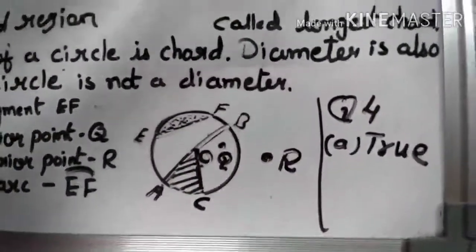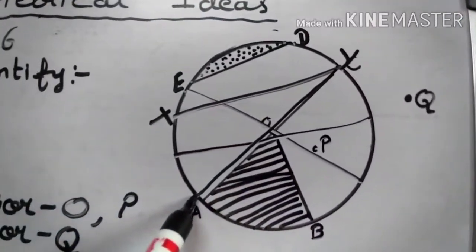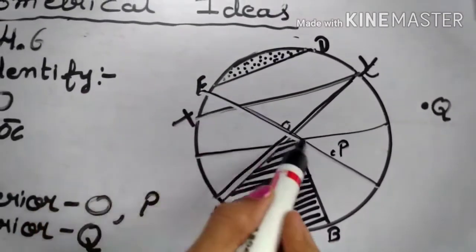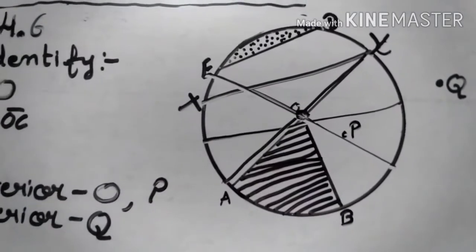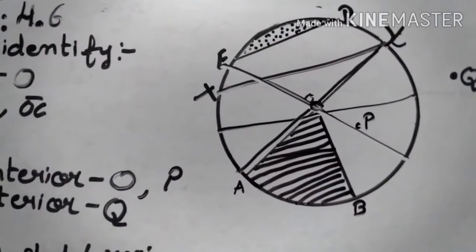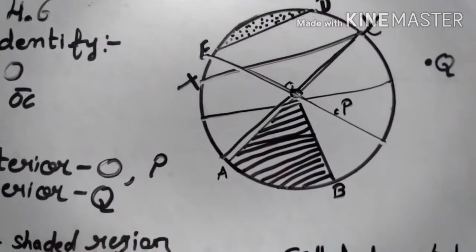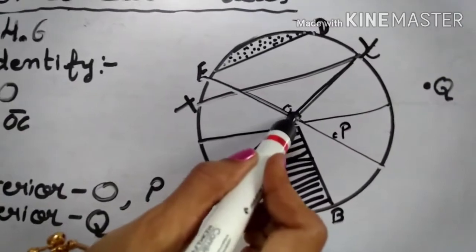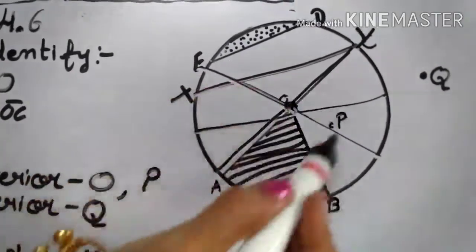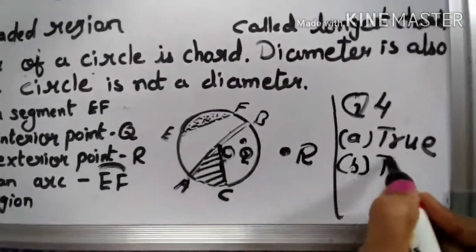See, here are 2 diameters of a circle. Suppose this is one diameter and this is the second diameter. They intersect at a common point, which means it is true. The next statement: the center of a circle is always in its interior. Is it true? You can imagine that the center is always in the middle, inside the circle. So this statement is also true.